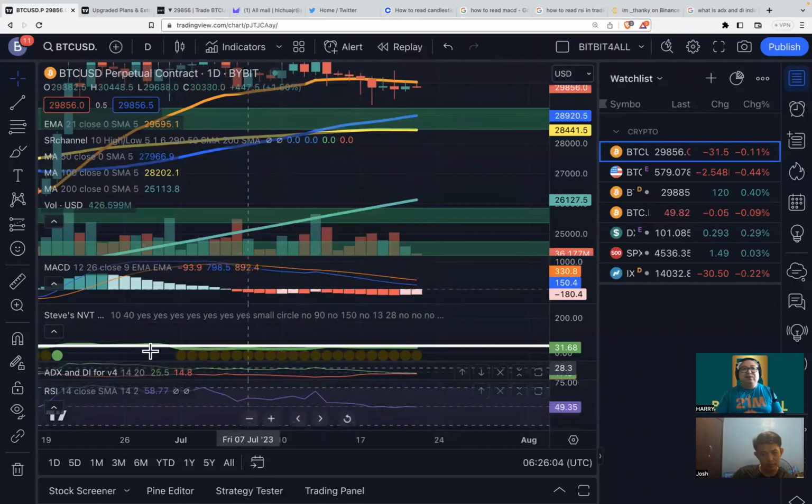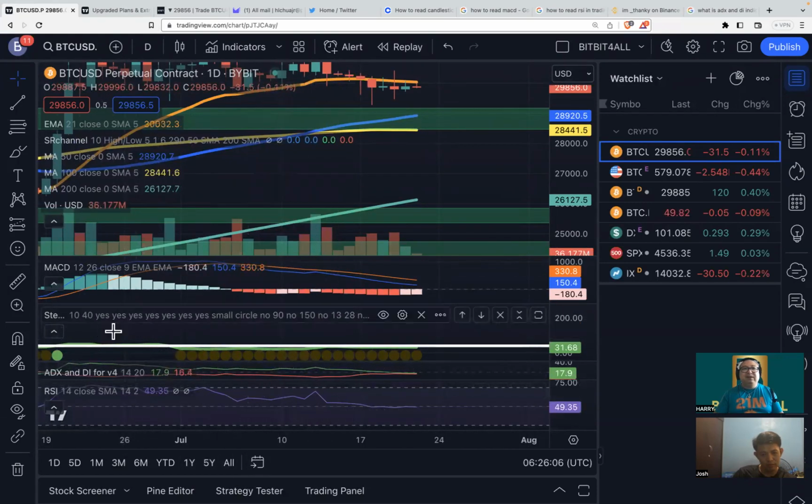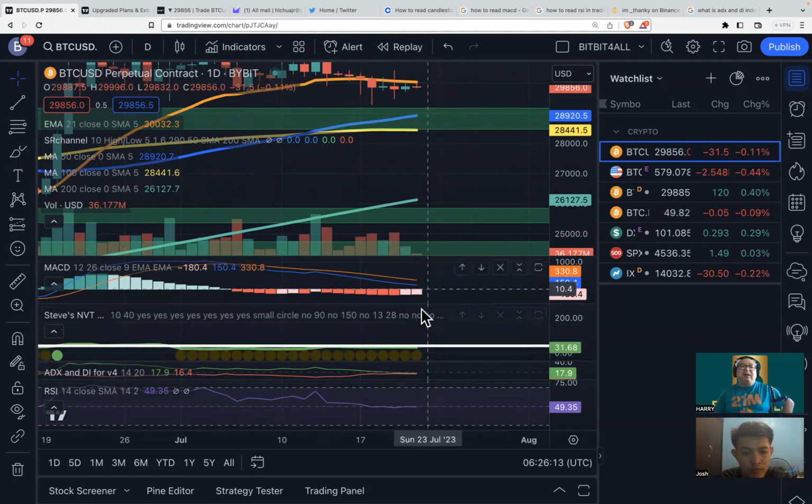And then I also have Steve's NVT HV. What is this Steve's NVT? It's like a 21-week EMA. It will just give you the